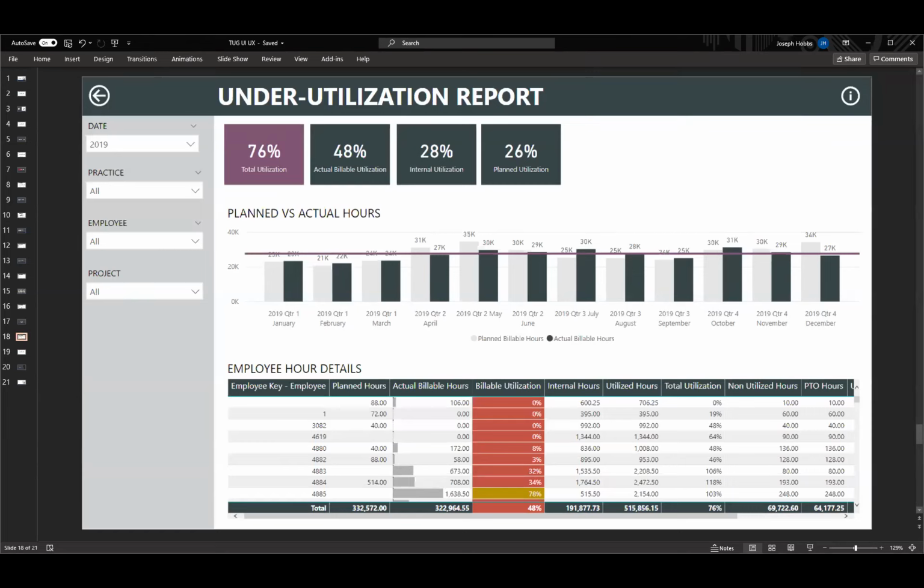And I can't tell you how many times I've explained to business users, look, this is designed to answer not just one or two business questions, but every click can be a new business question. When I click on employee 3082, the whole report updates to show you information just for employee 3082, right? When you click on June of 2019, the whole report just shows you June of 19. This kind of interaction allows you to answer so many more business questions than you would otherwise, but most people don't think of it.